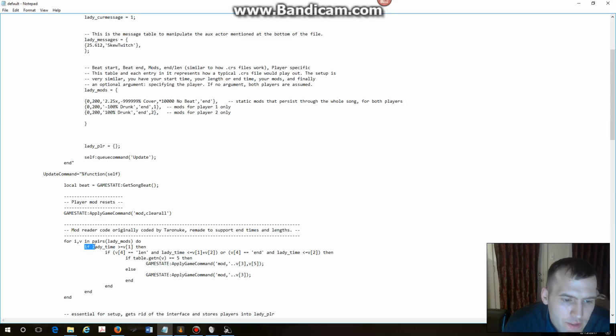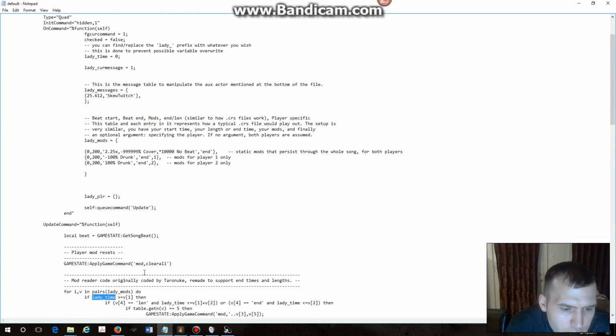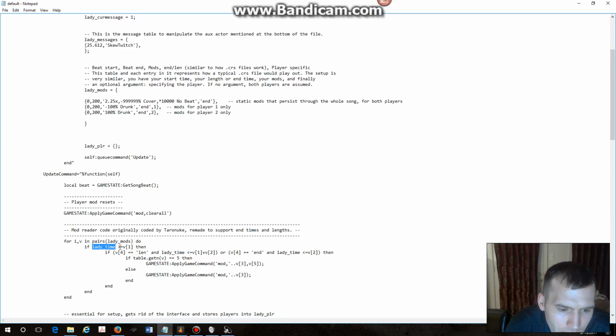So an if statement is a Boolean check. This is how games work. They work off of trees, and it can make decisions based off of what you pass it. So if the lady time, and I think we set the time up here to 0, so if her time is greater than or equal to V1, this 1 is identifying the